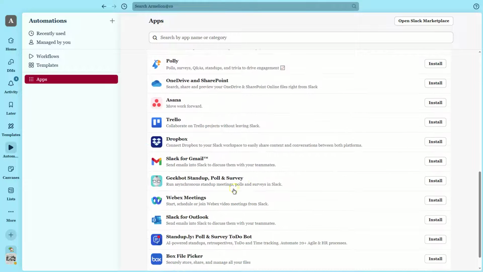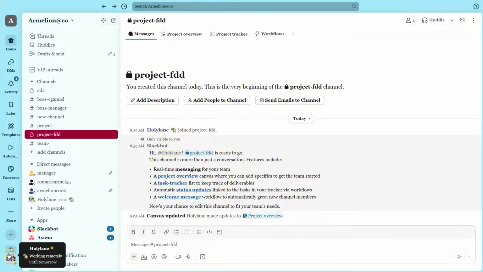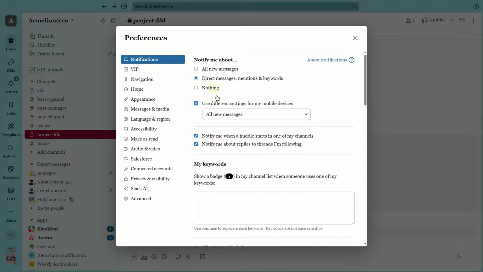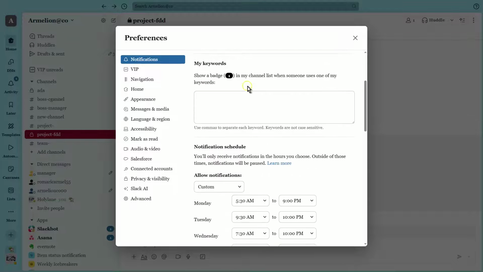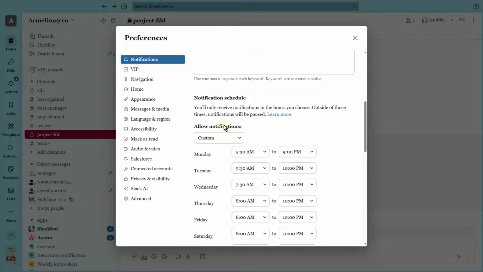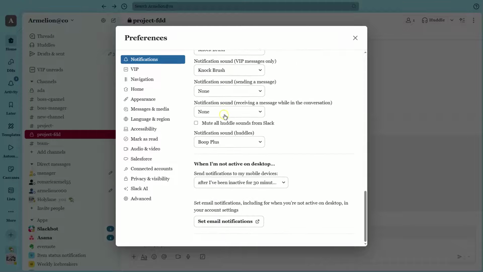Lastly, let's customize our notifications. Under Preferences, you'll find Notifications. This allows you to decide when and how you want to be alerted. You can even set up keyword notifications. This is important because it ensures that you never miss anything that matters to you while keeping distractions to a